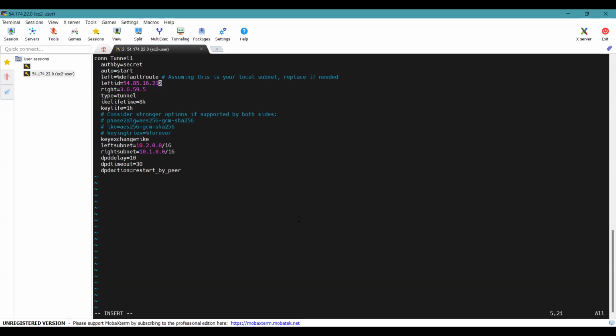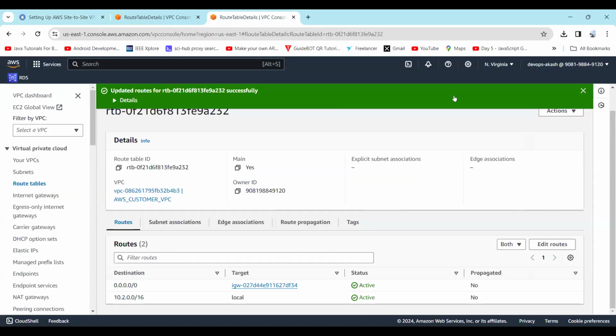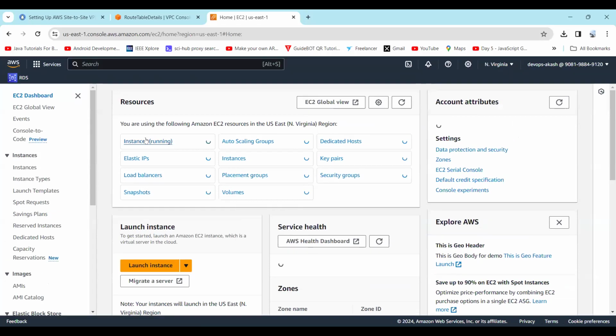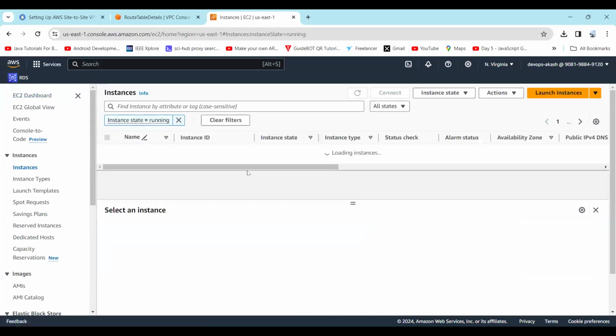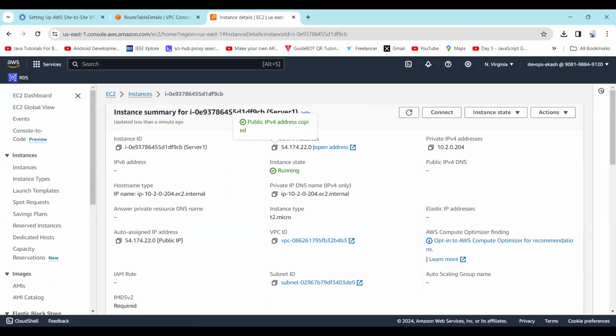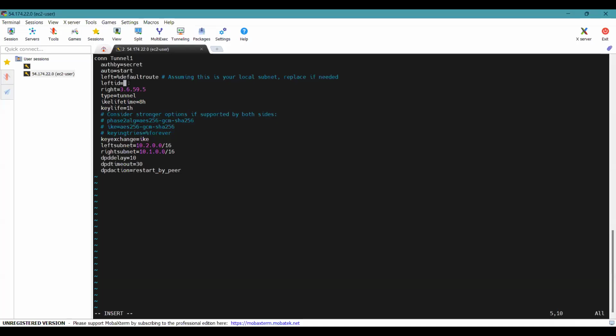so just click on I to insert. Delete this and copy the IP address of the instance located in the North Virginia region. So just copy the IP address, paste it in the left ID, and then simply